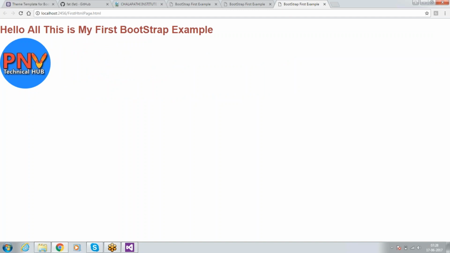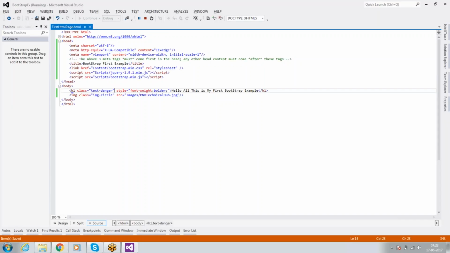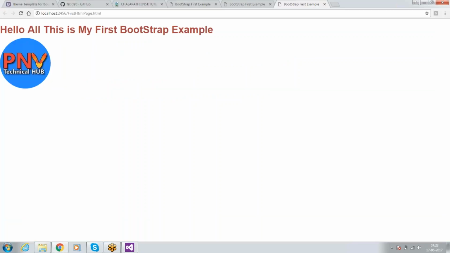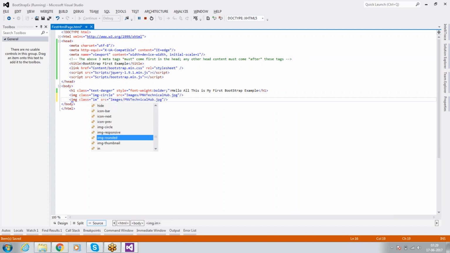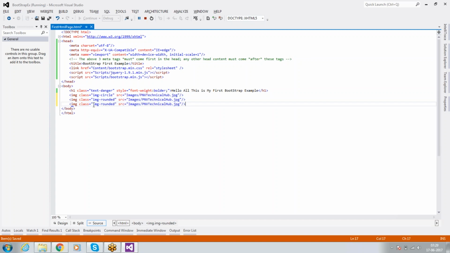We can get to know what classes are required for this, and we can achieve this with practice. That's the reason we are going to discuss multiple class examples, class usages and explanations. Suppose I want to take one image and make it img-rounded. This is the rounded format. If you want to take img-thumbnail,